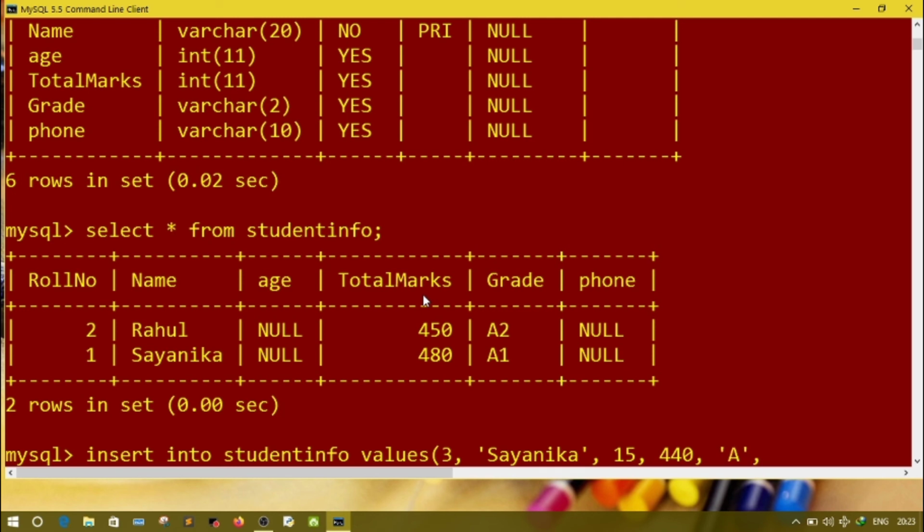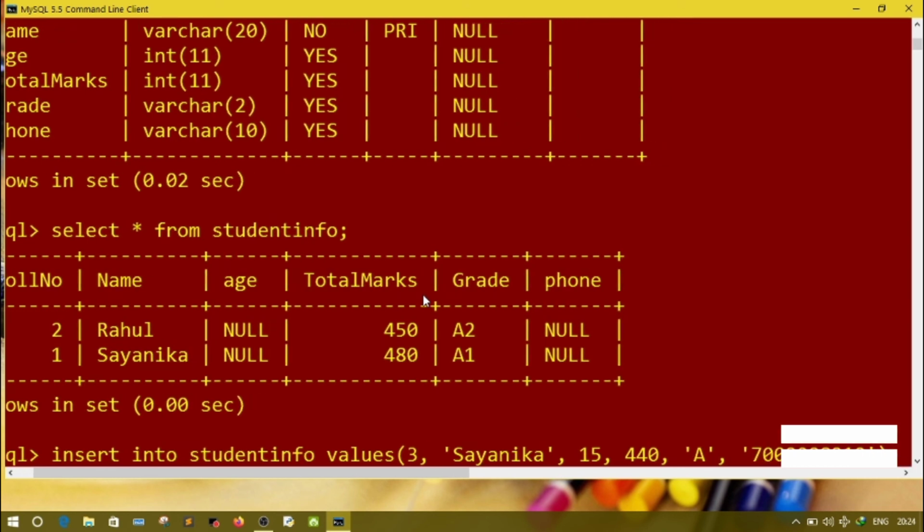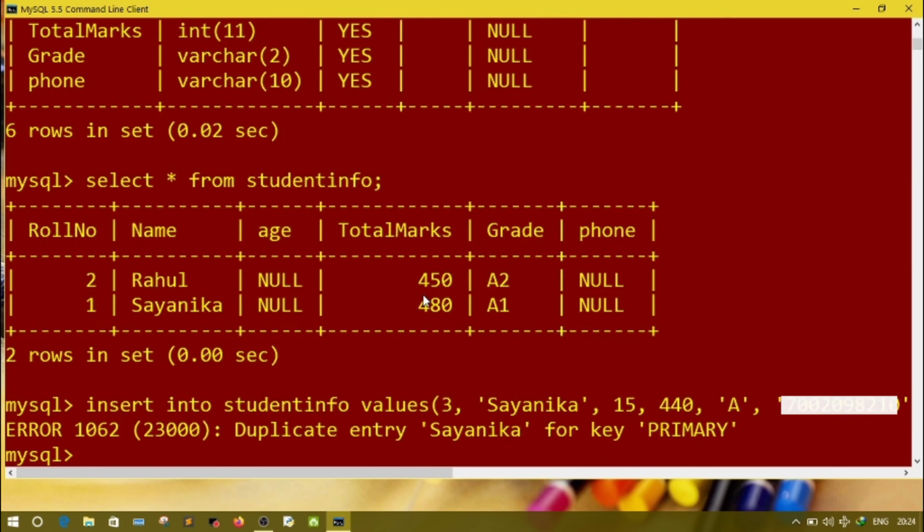Then phone number. Suppose phone number is, and bracket close, then semicolon. It will not run because the name is duplicated. I already have one record with that name. As my name column is now the primary key, it will not accept duplicate values.